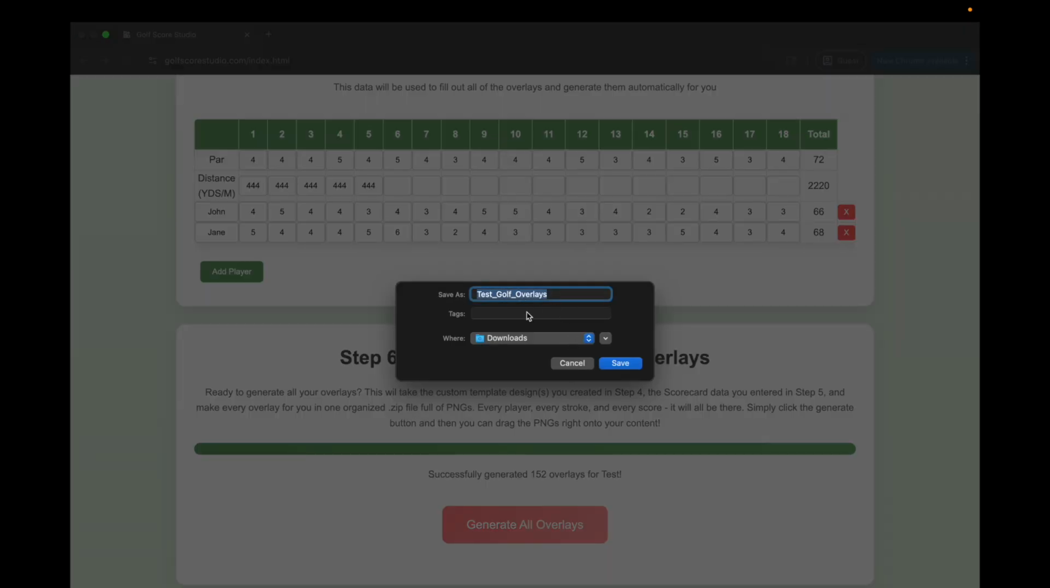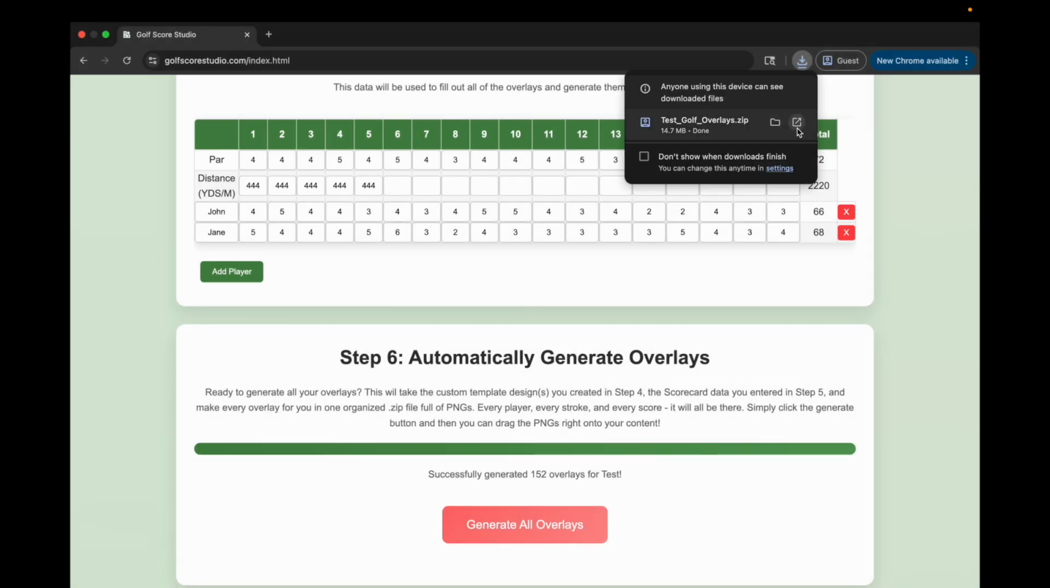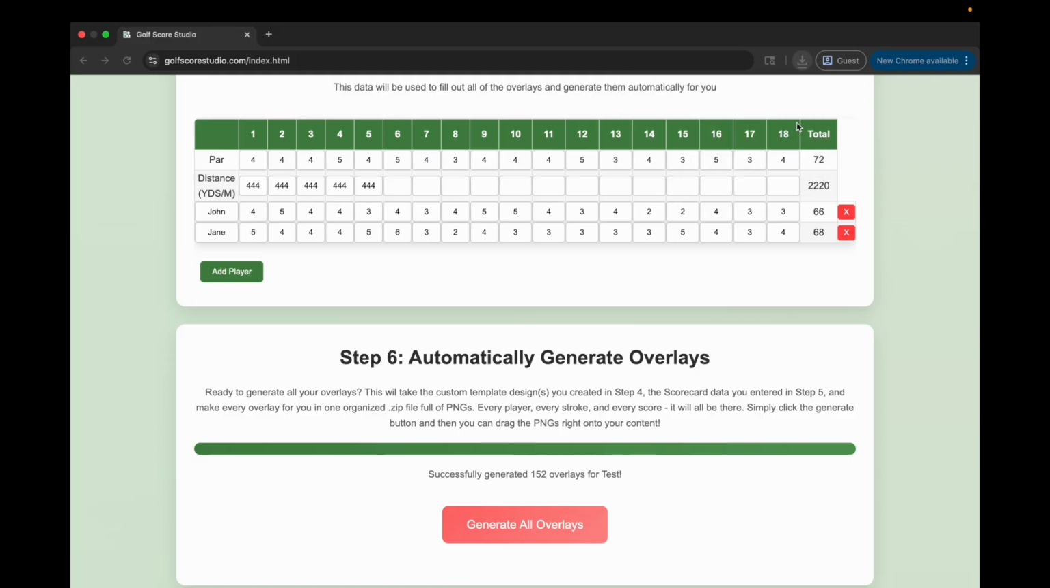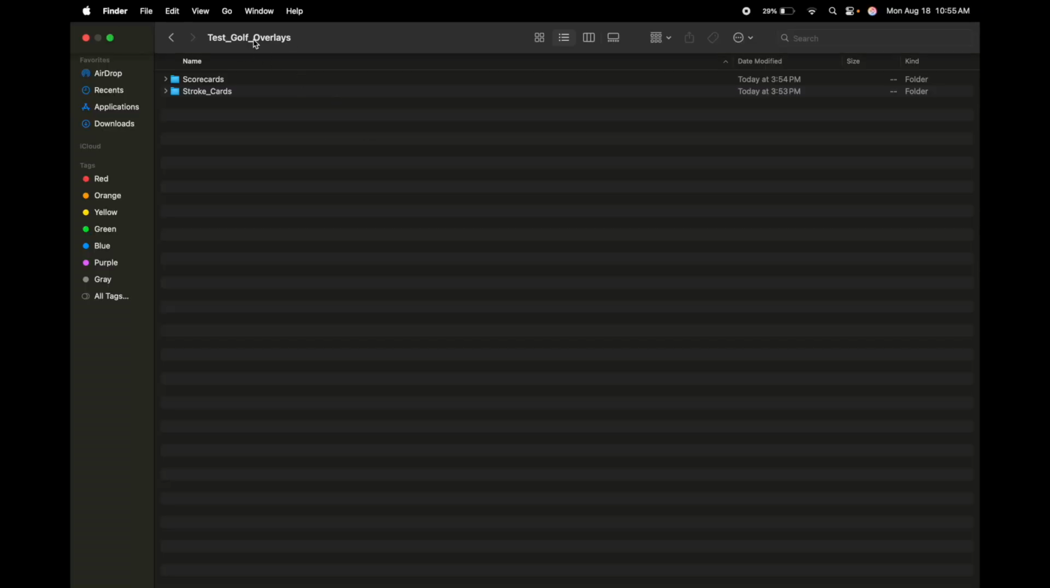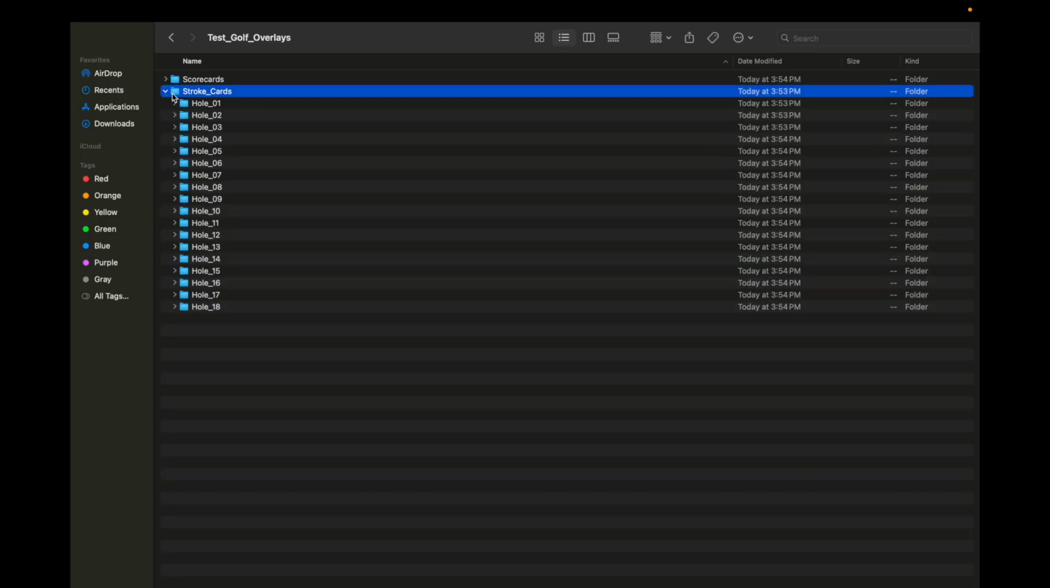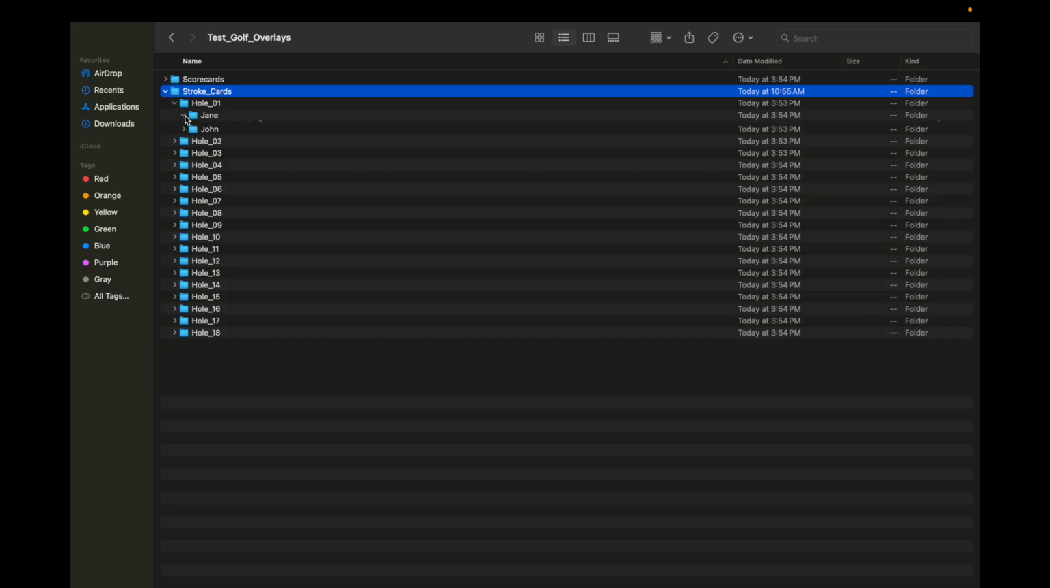Okay, save it as that, wherever you want. We can open that. So here we are in the file. It'll create a zip file. You just open it, and you've got your folders in the different kind of styles, the stroke cards and the scorecards. And then we've got to organize like this because when you're editing your videos, you go chronological, hole by hole by hole. It's just a little bit easier to do that. And then